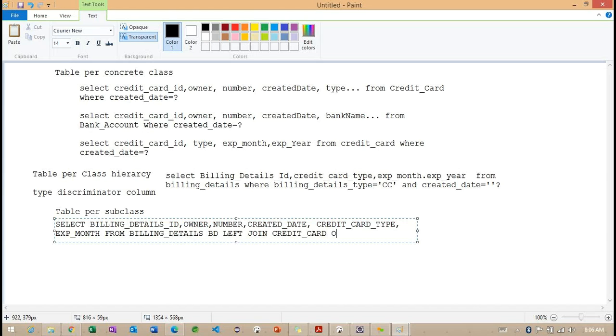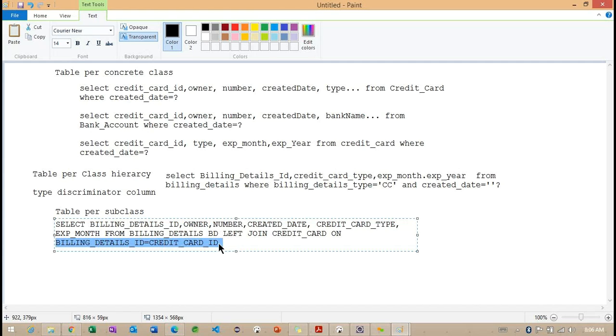And here we want to make the condition. Based on this particular ID, how is it going to work? Getting the point. So billing details ID is equal to credit card ID. Now we need to understand this very important point here.